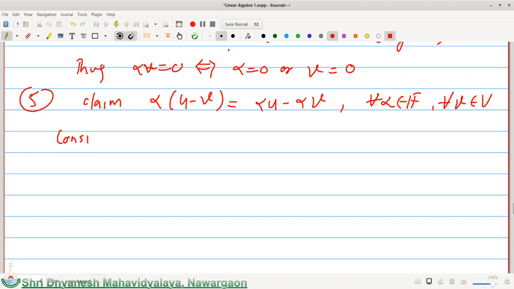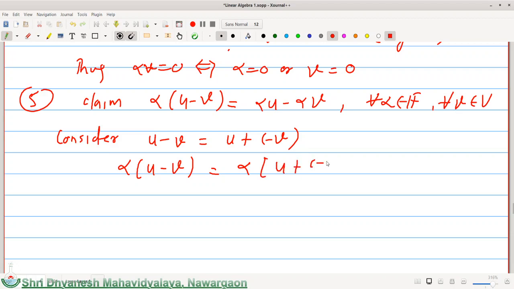So consider u minus v. This can be written as u plus minus v. Next we need alpha from the left hand side. So pre-multiplying by alpha, we get alpha into (u minus v) equal to alpha into (u plus minus v)